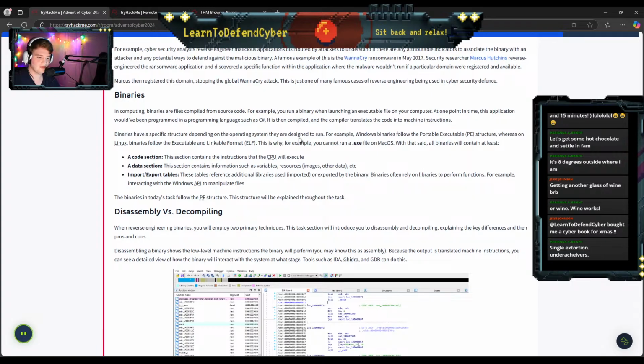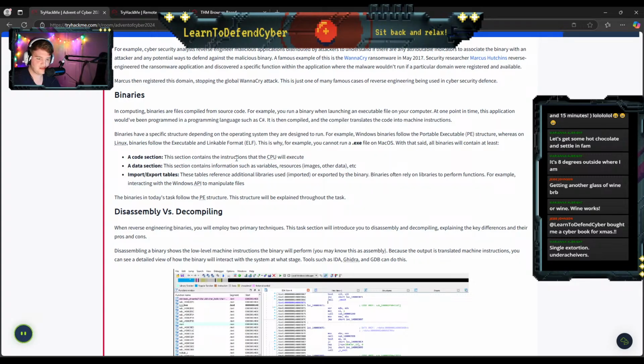Okay. For example, Windows follows the PE, portable executable. If you ever look at any kind of Windows PE file, you'll see that little MZ magic byte at the top. Whereas Linux follows the ELF format, executable and linkable format. It's different for every operating system, and even sometimes you'll have it different on certain architectures. Mac OS is going to be the daemons.